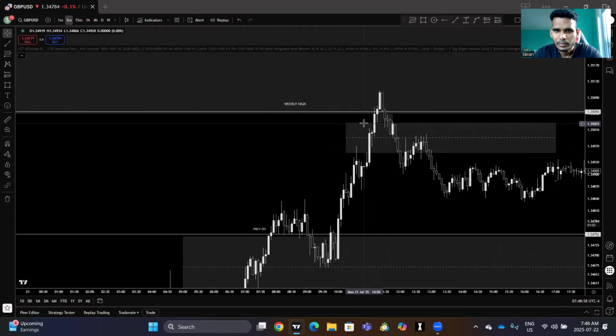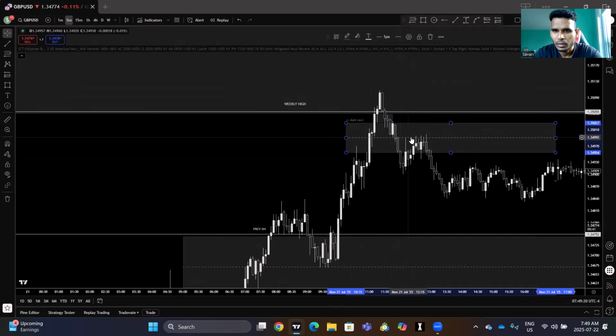This is the first fair value gap getting flipped. It gets flipped, goes up, fails to close above, starts to respect it all the way down towards the low, and the 15 minutes fair value gap. You can clearly see the 15 minutes fair value gap clearly closed below, and it engineered the liquidity, went all the way up, and found resistance at the 50 percent point.